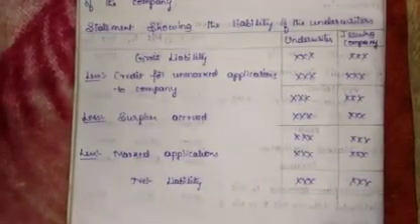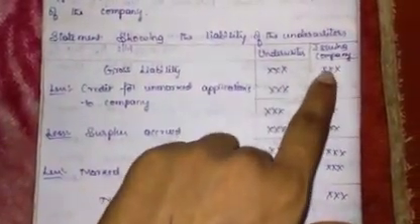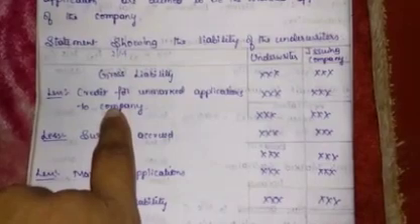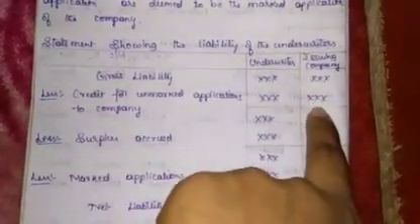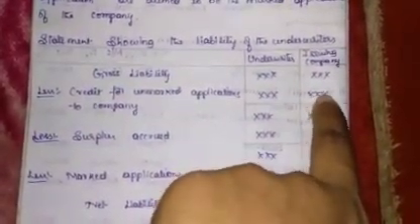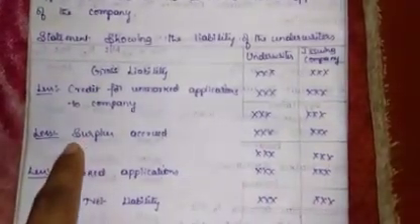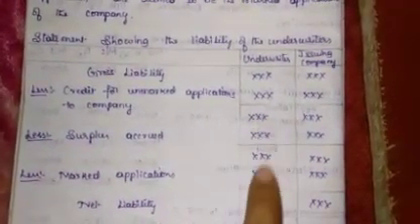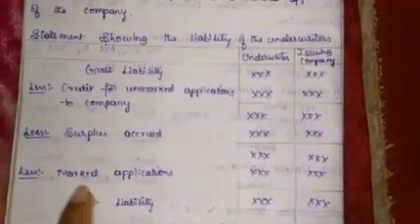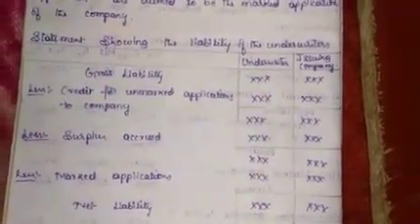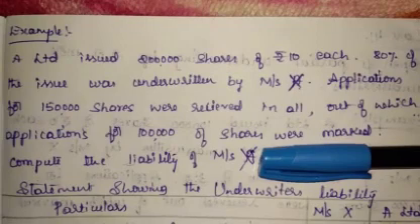Here is a statement. First we have to write the gross liability of underwriter and company. Then we have to deduct the unmarked application of the company, because unmarked application is considered as a marked application of the company. If we get a surplus, we have to deduct. Then we have to finally deduct the marked application, the application which comes through the underwriter. Now let's see the example.